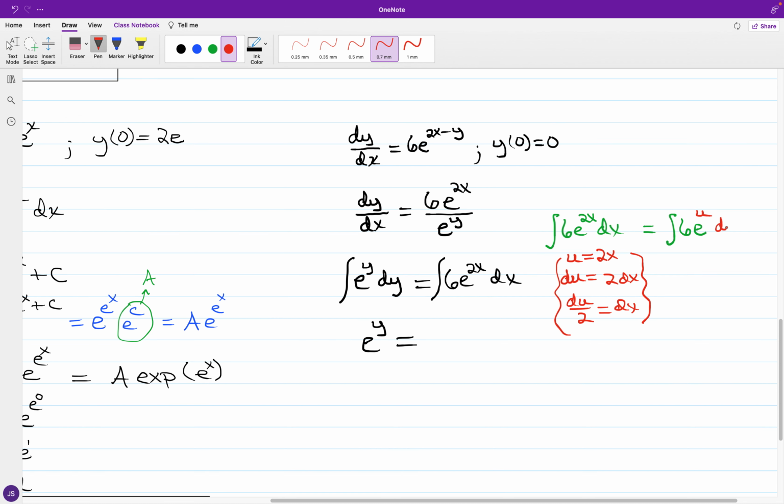You have 1/2 of du, and so we're going to have the integral of 3 times e to the u du,